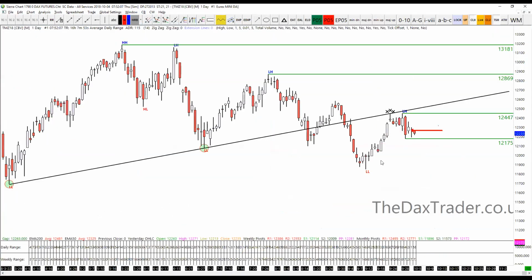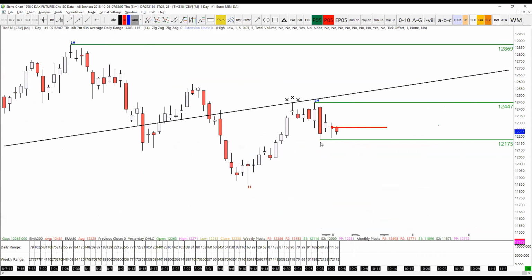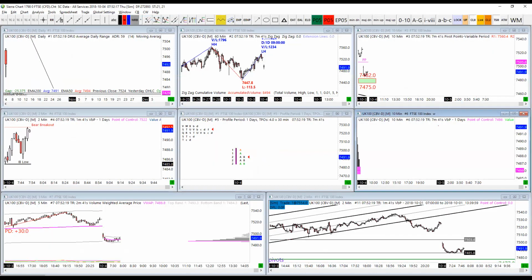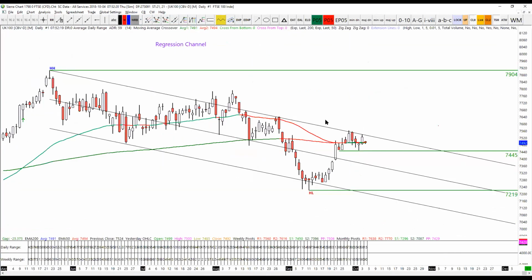With this particular chart at the moment, again, kind of got a large range which has been defined over the last week or so between one... I am actually on the DAX right there, excuse me. Live broadcasting and all that. Currently trapped inside this regression channel, which we've got here, which is also a down slope. I've got the two major moving averages on this chart, and it just suggests that the 50 and the 200 are right next to each other at the moment. And the regression channel resistance may well be an obstacle to break, but I did like the way yesterday it responded to this particular